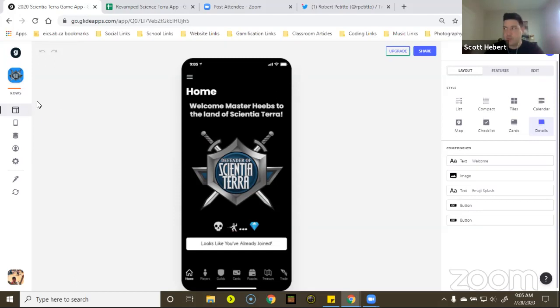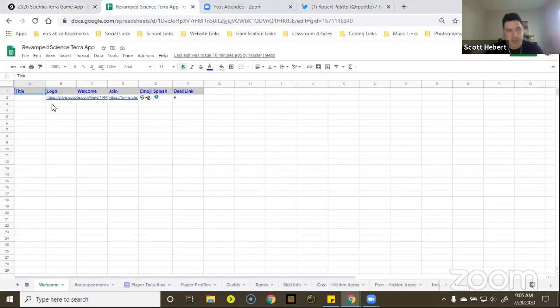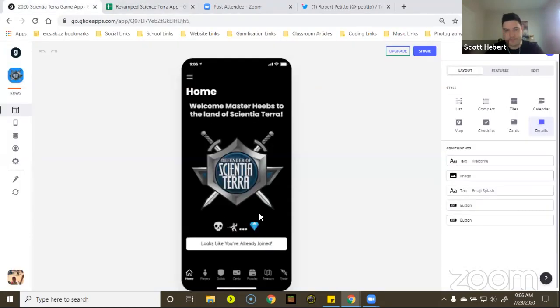If you're completely new to Glide and you've never seen it before, what it does is it takes a Google Sheet and essentially reads the rows and the columns and transforms that data into an app. This app is called a web-based app. It runs a website, but it mirrors the exact functionality of an app, except you don't have to do any of the coding.